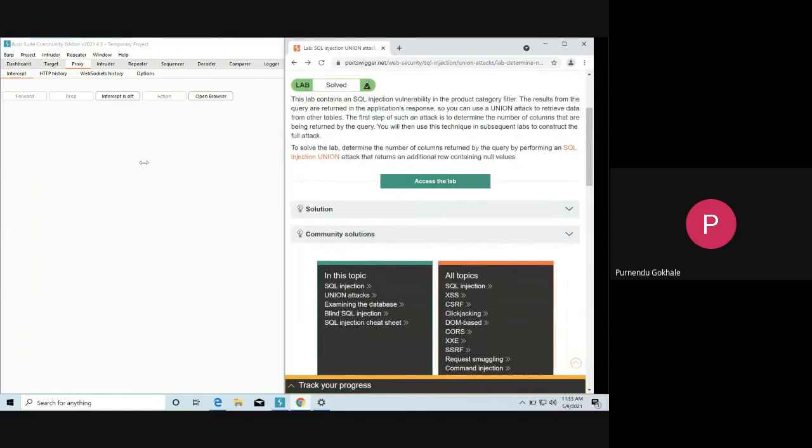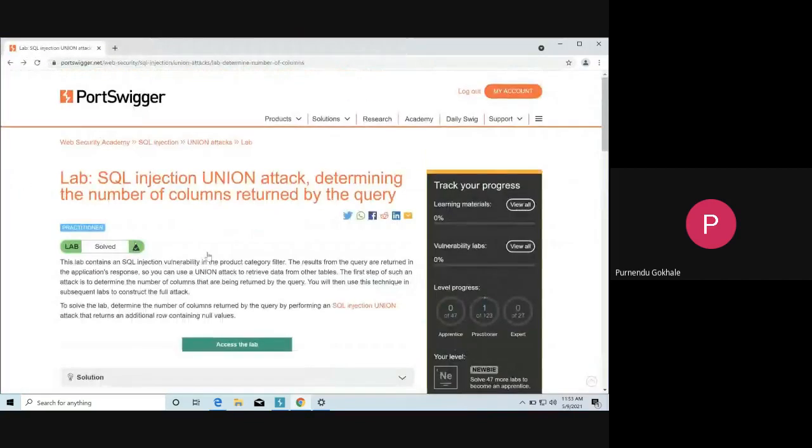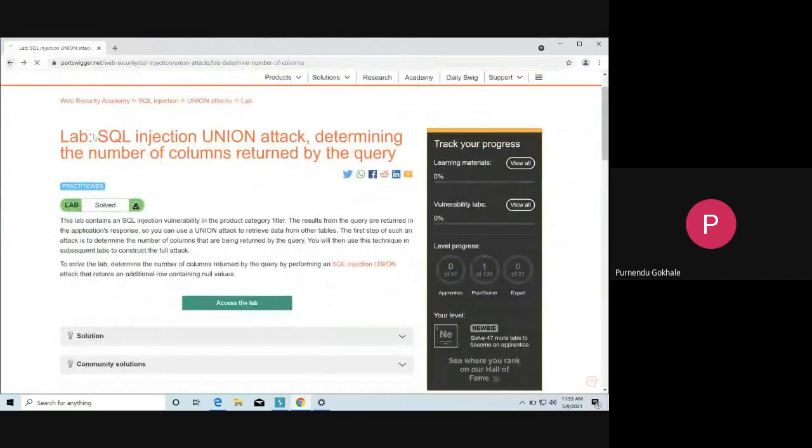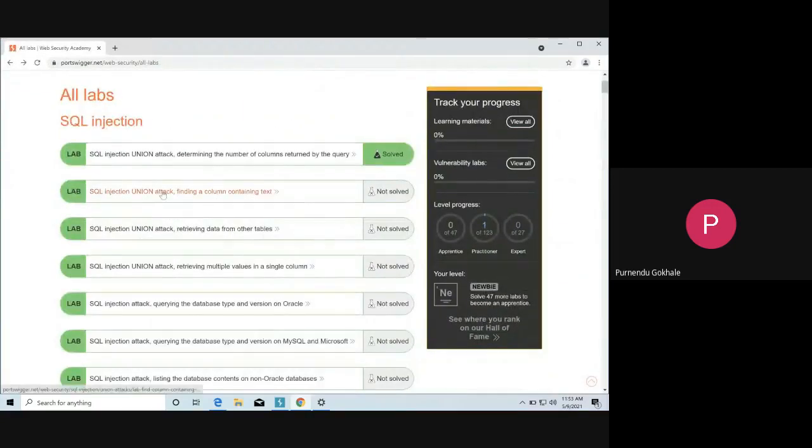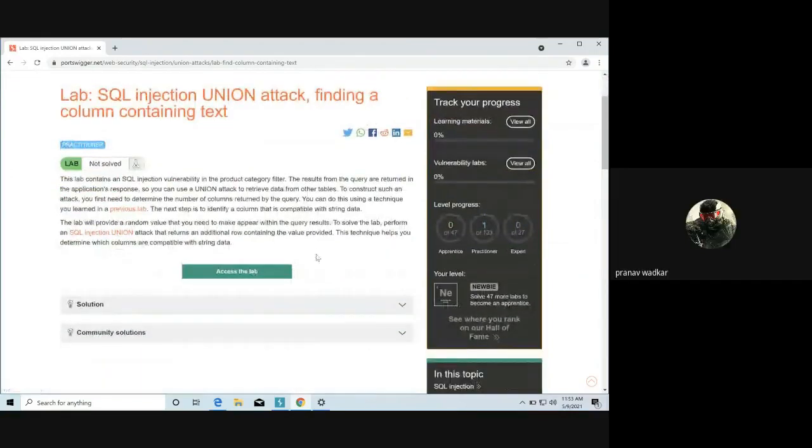Do you want me to explain what you have to do in the second lab, or you can try it yourself? It's quite similar to what we have done, with a minute change.